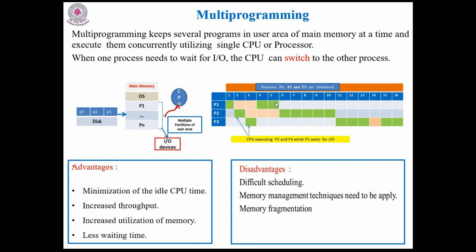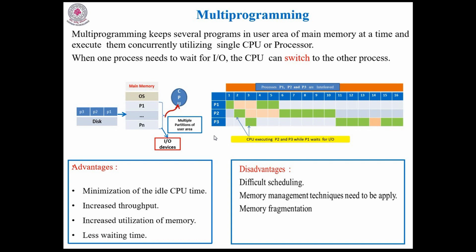Let us take it, the P1 requirement is 5 and P2 requirement is 9, total 9 plus 5, 14, and P3 requirement is 6 plus 1, so total is 7. 7 plus 14, 21 milliseconds are required if I run the same set of processes in the uniprogramming. And also process to process swapping operation is required. But whereas in the multi-programming, the swapping operation is not required when these processes are available in a ready queue.